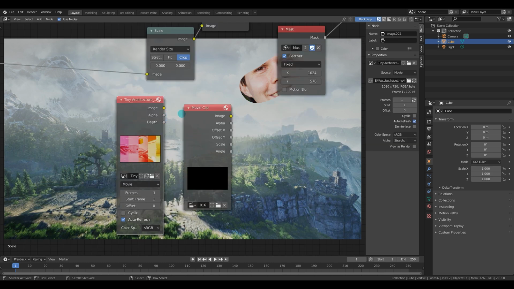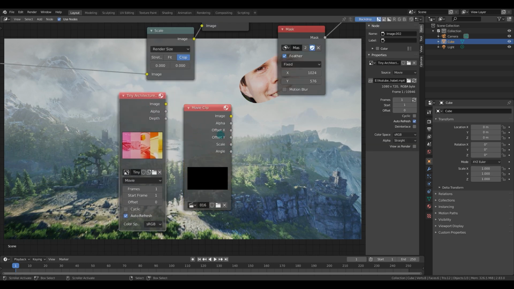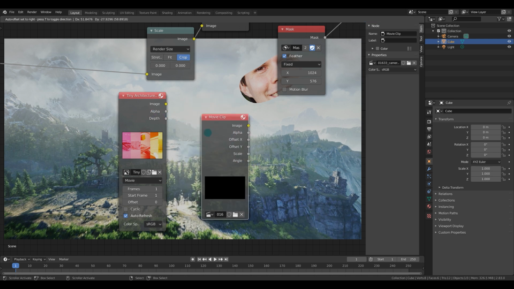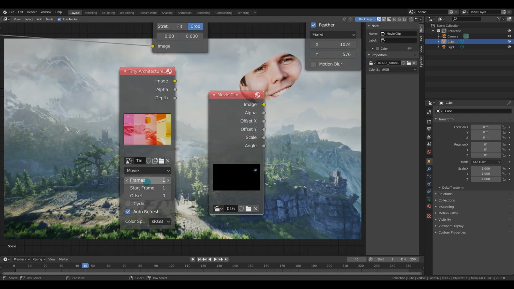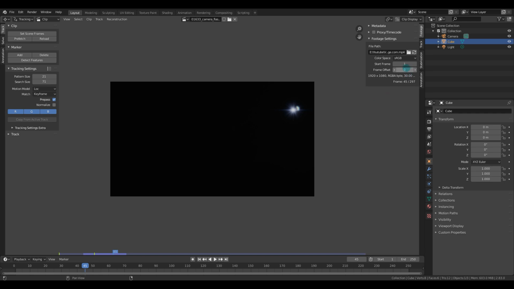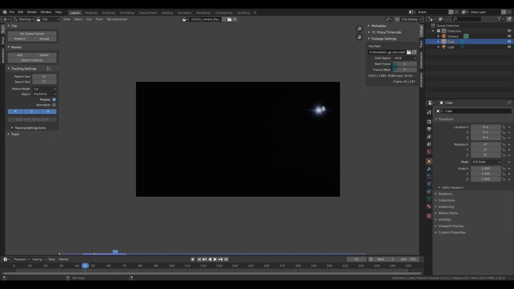You can use either the movie clip or the image node to import footage. The difference is this. With the movie clip node, you're working with Blender movie clips. You can edit, track, and mask these in the movie clip editor. Here you will not find the footage you've added as an image node. While the image node has more options immediately available for frames and offset, you can edit these options for movie clips in the movie clip editor.